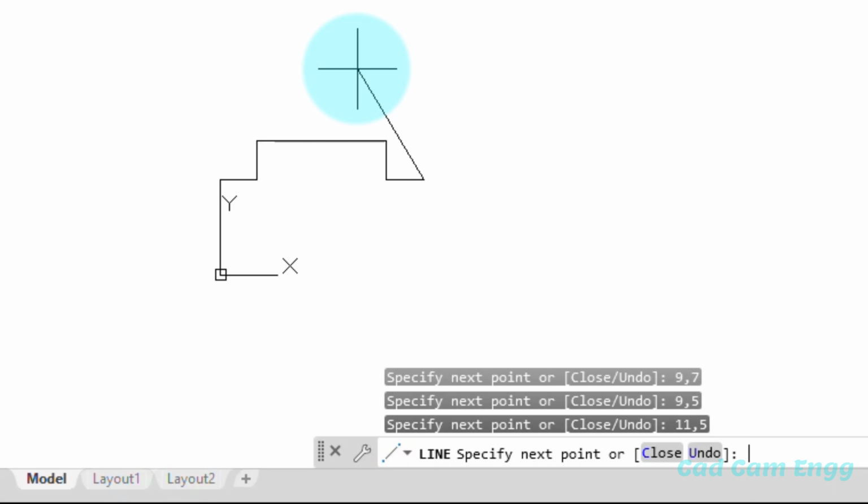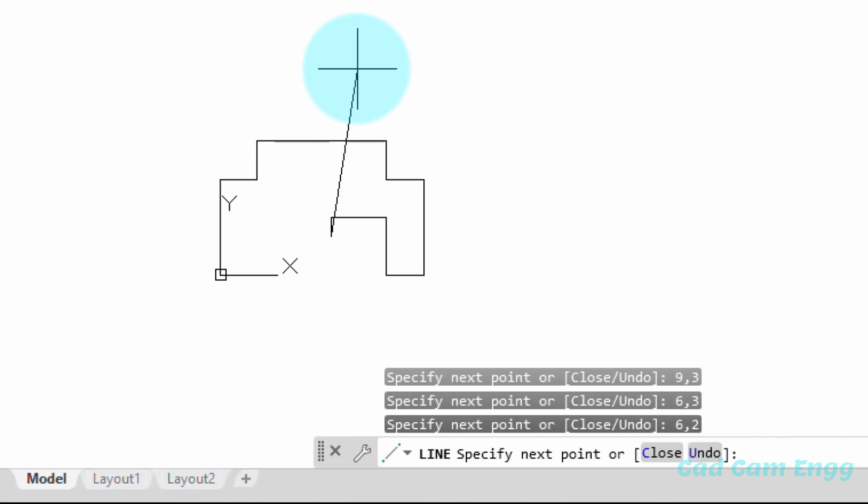And point number 8, 11 comma 0. Then point number 9, 9 comma 0. And point 10, 9 comma 3. And point 11, 6 comma 3. And point 12, 6 comma 2.